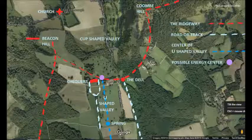And also this half, the Beacon Hill half, it has got a bit of a male energy to it. It's balanced, but it's very female. It's like a woman. And then Coombe Hill, this one, is more male. And so you've got a tantra there between the different halves of it. So it starts making this quite strong energy matrix there, which is reflected in us. So we're going to carry on through these pictures, and then